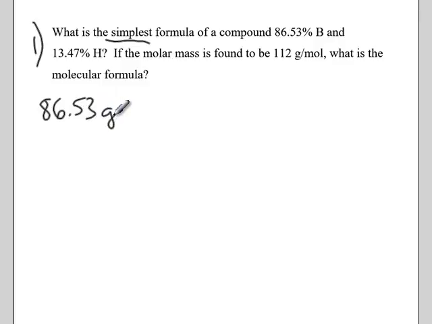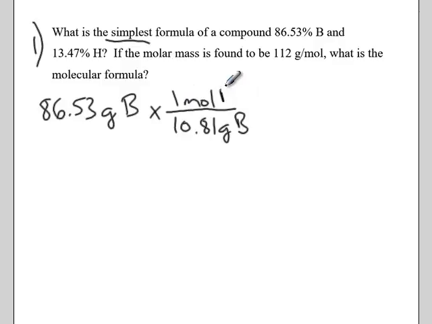86.53% into 86.53 grams of boron. And I want to get that into moles. So I use my molar mass from the periodic table. 1 mole of boron, 10.81 grams of boron. So I have a total of 8.00463 moles of boron. I do the same thing with